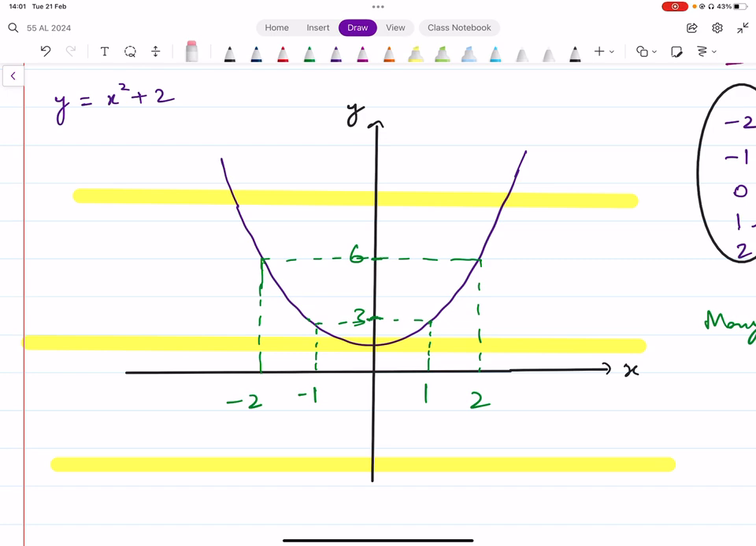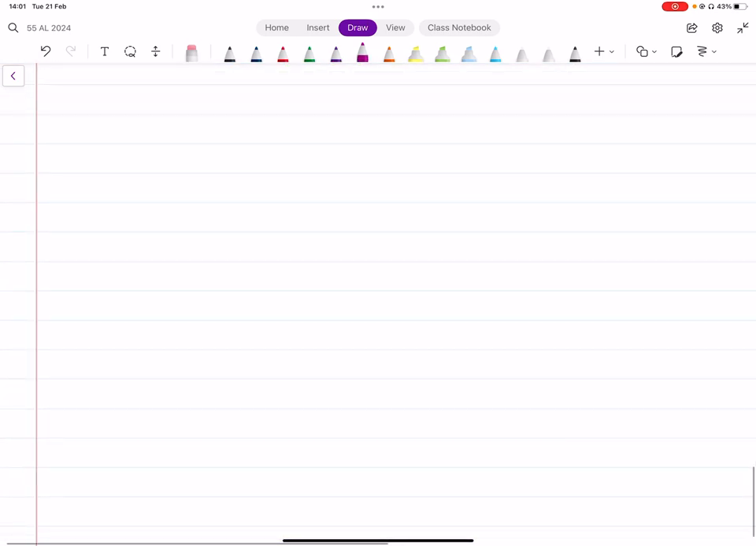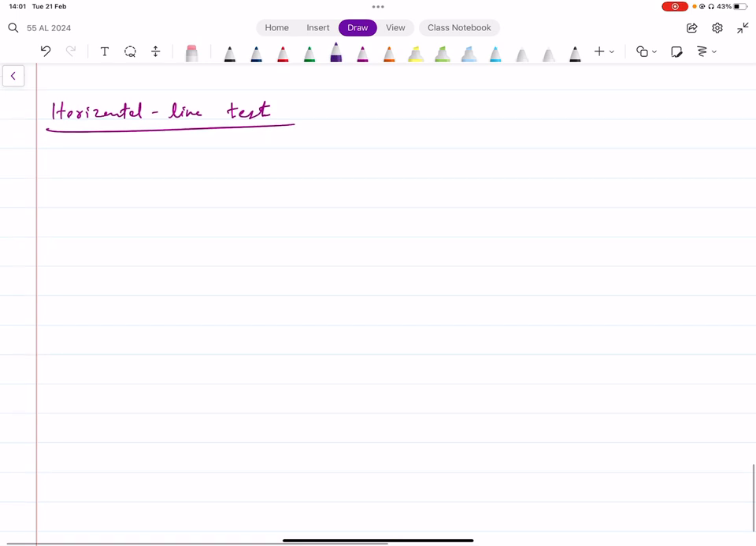Okay. Let me just summarize this. Here at the bottom we'll write: Horizontal line test, then we have a break after that. Horizontal line test. You basically ask yourself, can you draw any, or let's say, can you draw at least one horizontal line